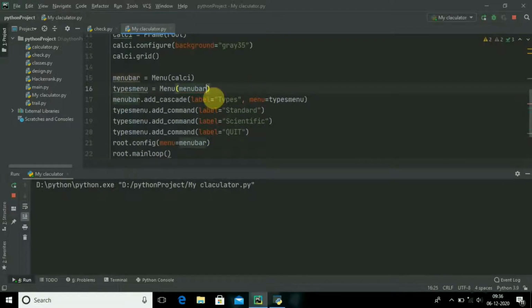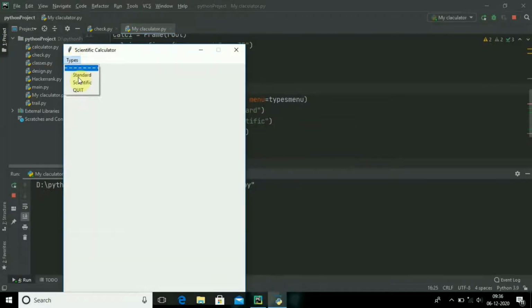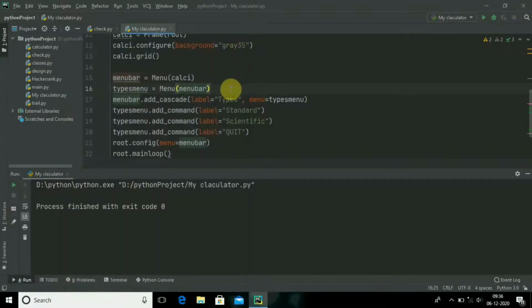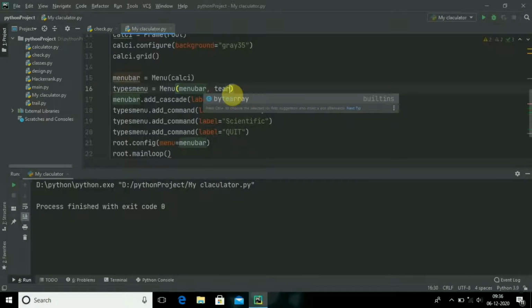When you remove this tearoff, you will see a tearoff button, and we can move this anywhere we want. That's it. So I don't need any tearoff, so I will simply place them in order 0.